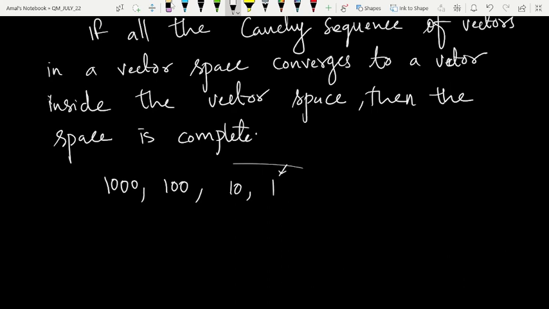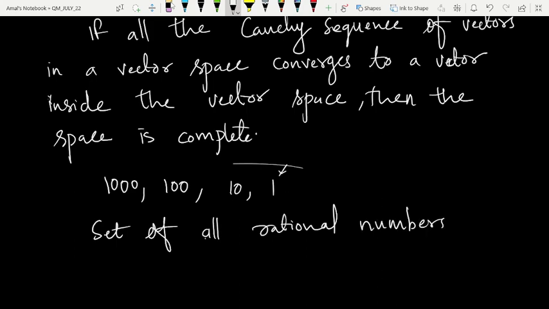But take another example, the set of all rational numbers. Okay, so this is a space. Rational numbers means numbers that we can write as a fraction p by q. This is not a complete space